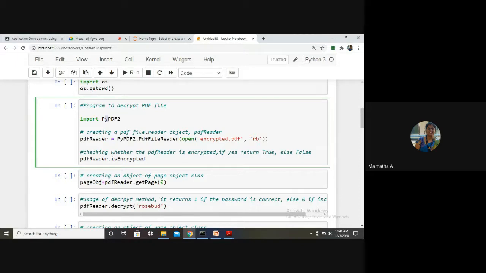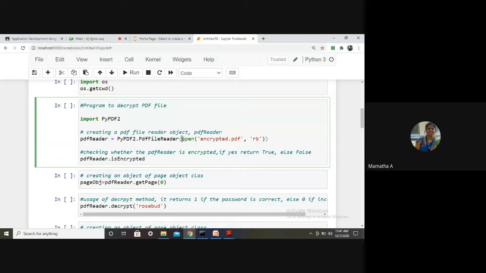Now, you all know how we work upon PDF files. Which module should you import? PyPDF2, where the y remains in lower case and the rest all in upper case. To read a file, you first open the file and then create which object? The PdfFileReader object, which is present in the module PyPDF2. Instead of writing two statements, I have just clubbed this as a single statement. Very simple.